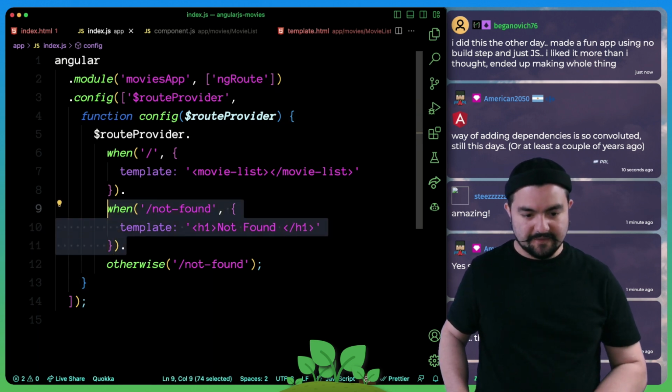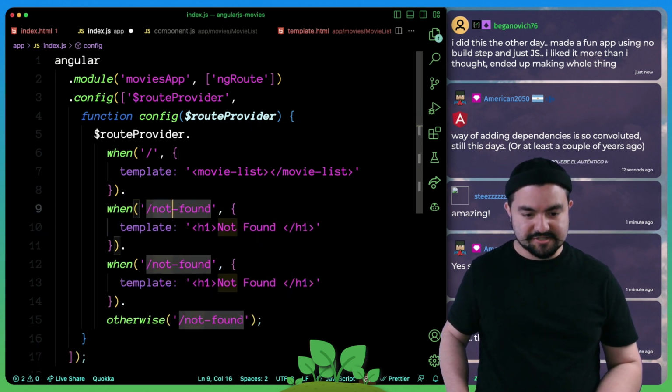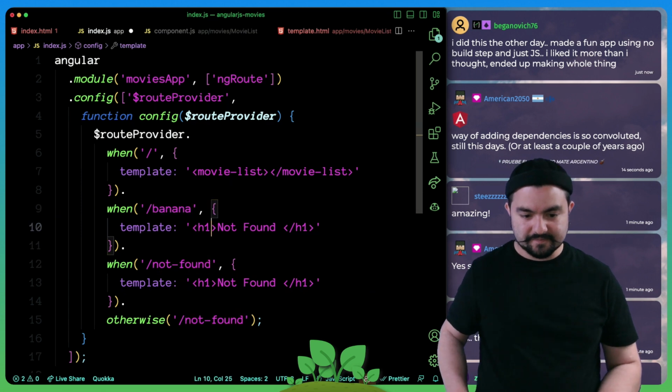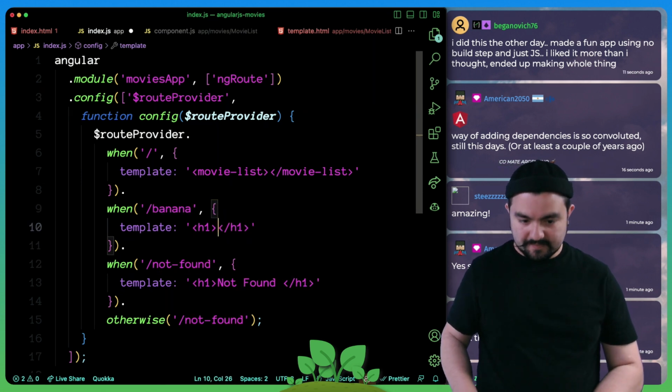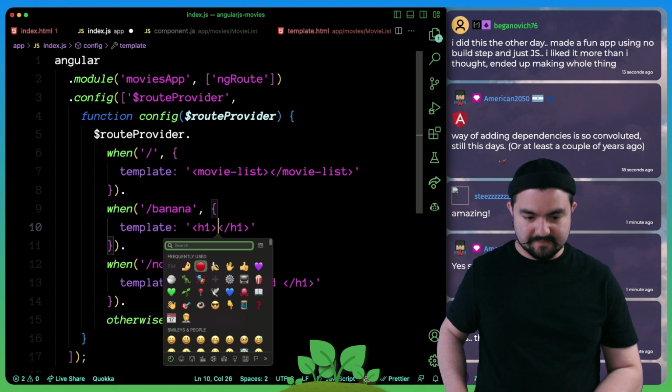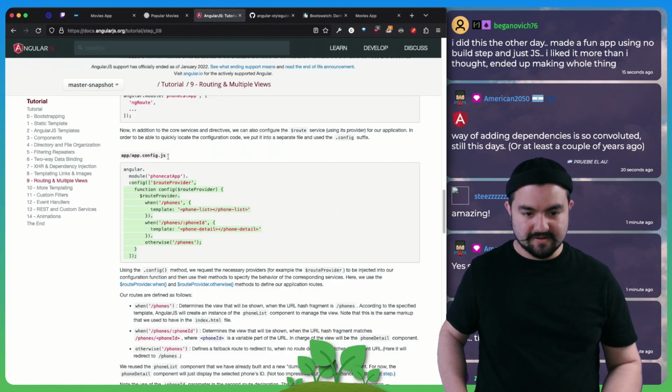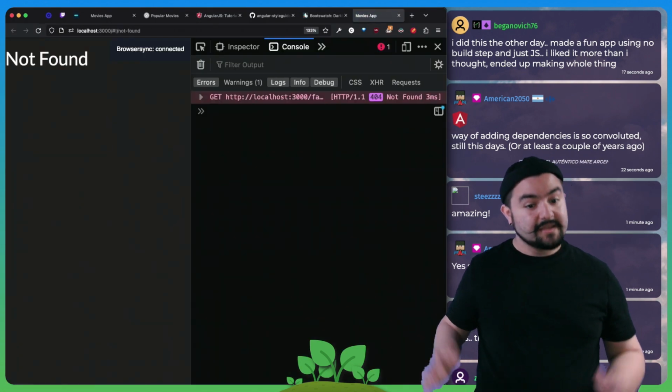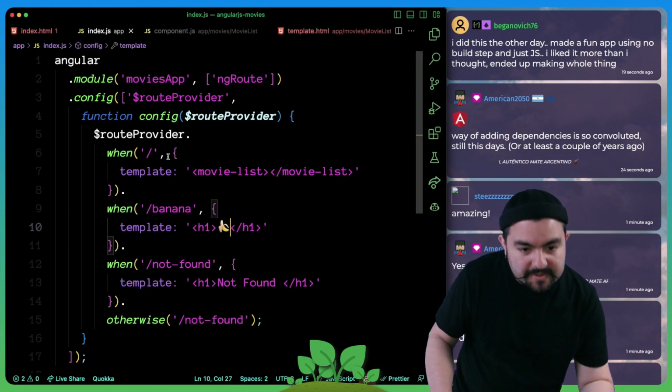Cool. And then just as an example, /banana is gonna have a banana. Right, now let's see what happens. Nice, okay, so, well, maybe not nice, but